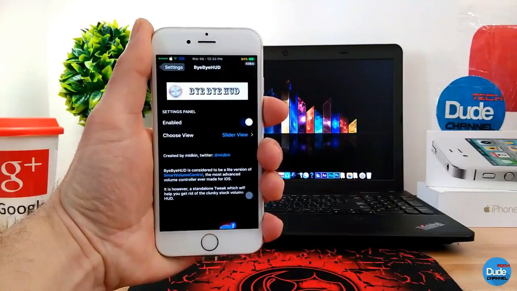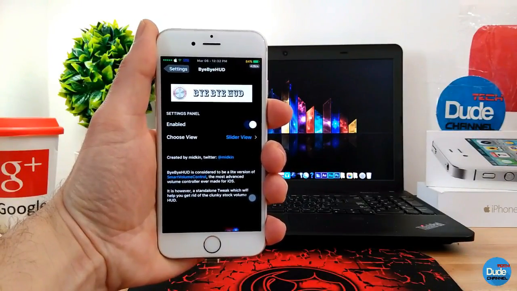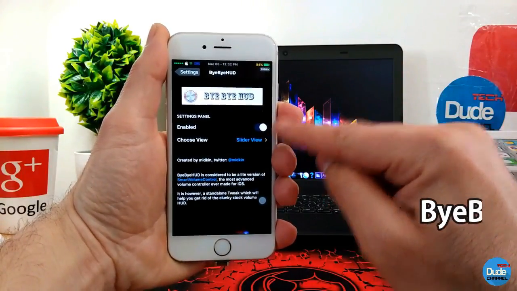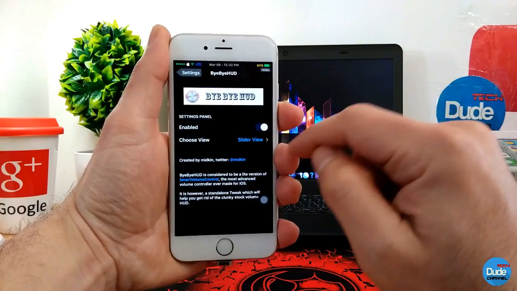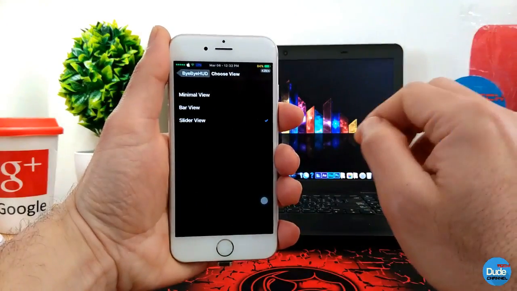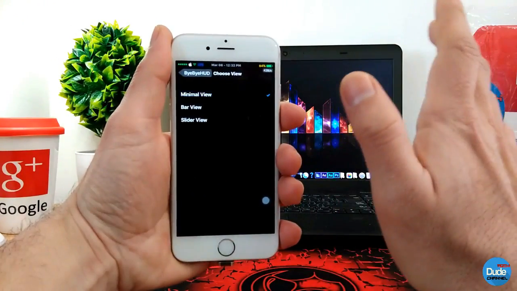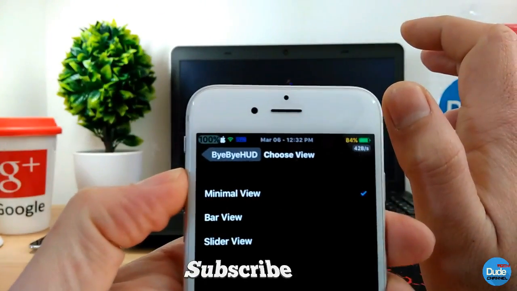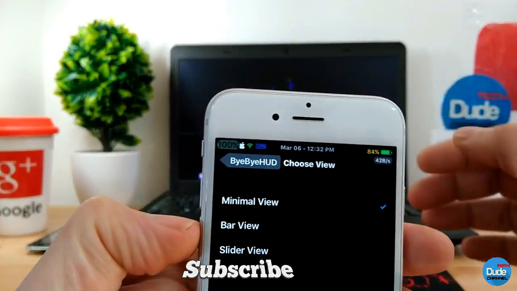The next tweak that I have for you guys in today's video is going to be ByeByeHUD. Once you download the tweak, you have the enable button here, and then you can choose the view. It's going to give you three options. The first one is as in digital. If you take a look, let me just get closer here. It looks like a digital,